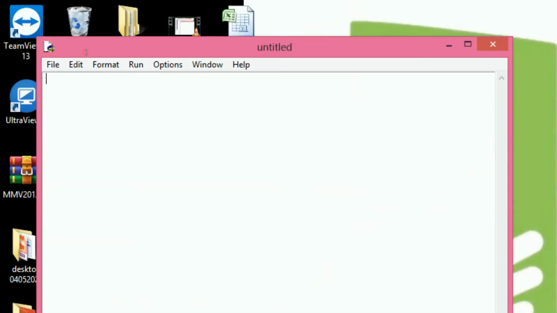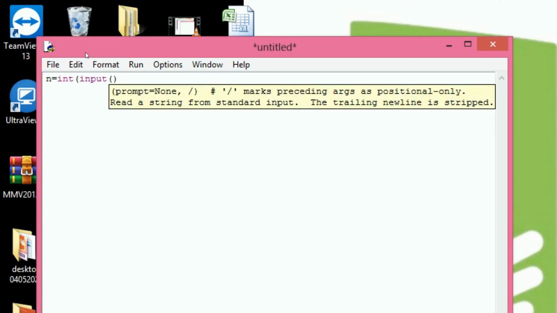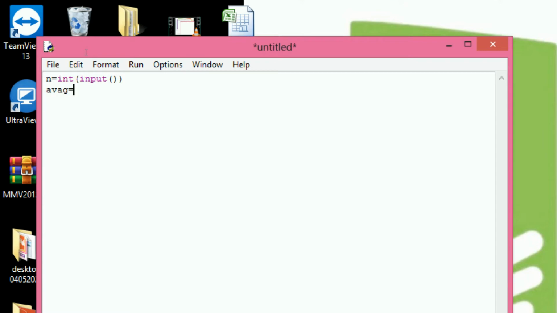Now we see the average program. For that we are taking one value, n equals input. Next I am taking avg initialized with None. That means I am not assigning anything. Next I am declaring one empty dictionary to store all the student names and marks. I repeat n times. So name, comma, asterisk line means if I am giving the name Ravi space marks, Ravi is stored in the name and the remaining is stored in the line.